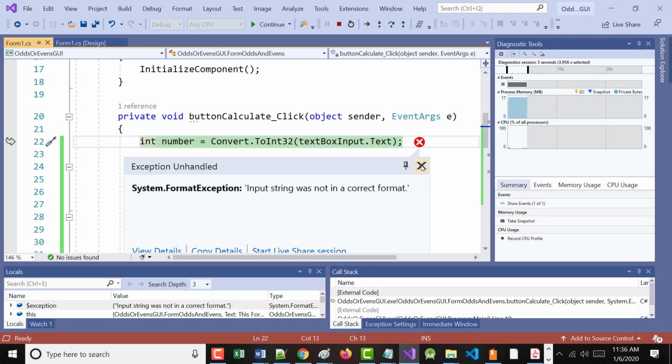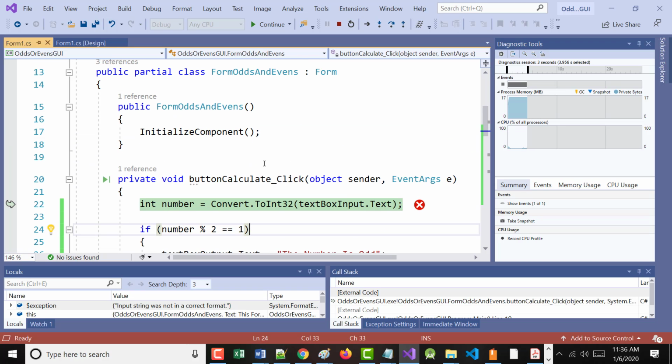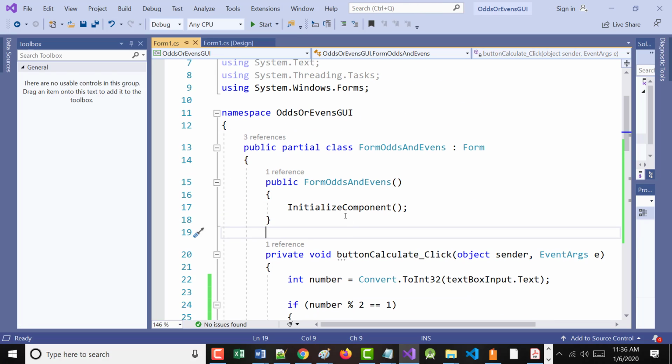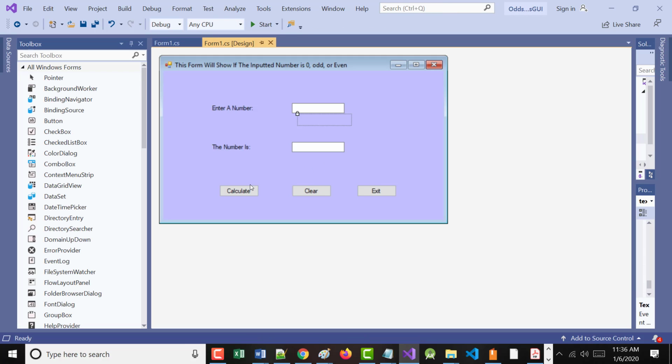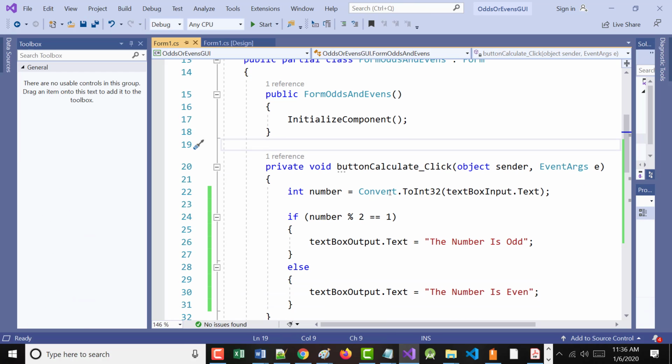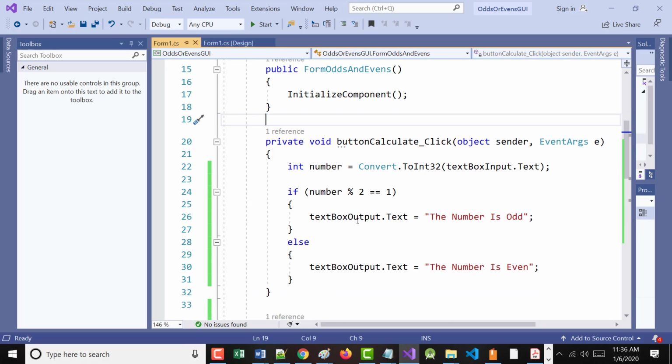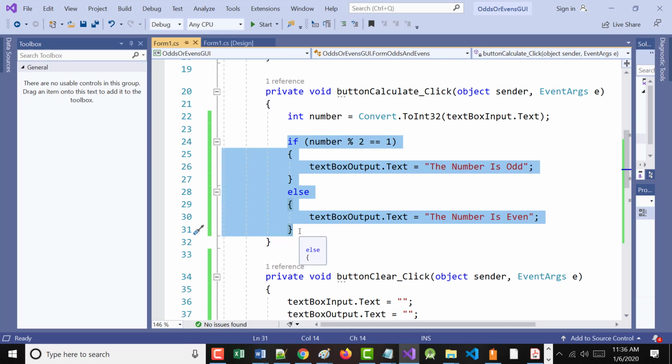All right. So how do I fix that? Well, one way to do that is when I come in here and I check this, I can check to see whether or not it's numeric. And if it's not numeric, I can refuse to allow that to happen. Okay? What I wanted to show you, though, was that the guts here are the same guts that you saw in the other program. All right? Logic is logic, and it really doesn't matter what you're using. In other words, logic is logic, and it doesn't matter if you're doing a console program or